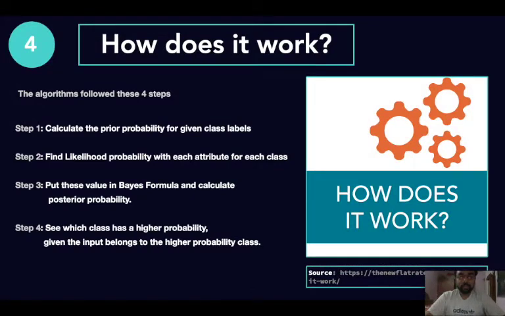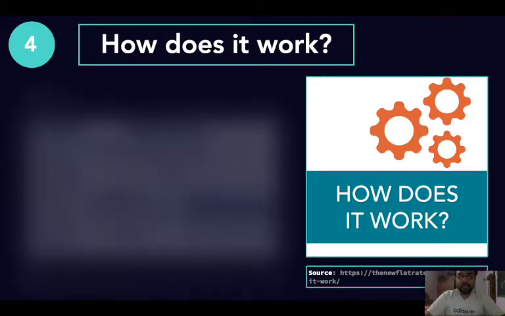So let's move to the fourth part of the PPT. How does it actually work? So naive Bayes actually does not have a lot of things going on underneath it. It just calculates the prior probability for every class level. That's the probability that the thing is actually true. And we then find the likelihood probability for each of those attribute classes. And then the only thing left for us to do is to put these values in the Bayes formula, and whichever class gets the higher probability, we would just assign it that class. Let's say the probability for having a banana was 0.9 and the probability for having an apple was 0.1, so we would assign that third object to the banana class. So let us see a little bit of example.